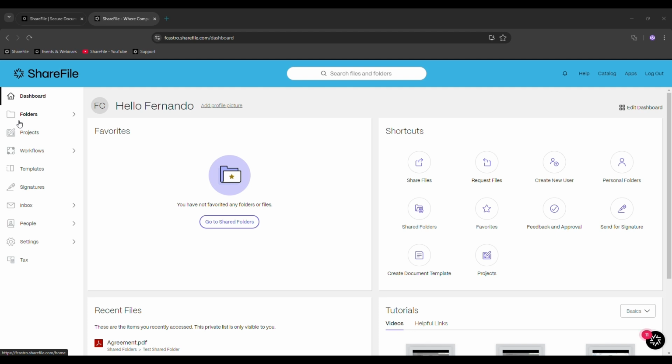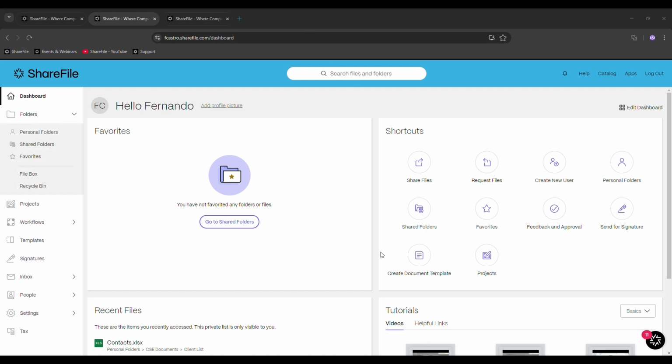So if you want to know what your current ShareFile plan is, and whether or not you should have access to any of these options, you can always contact your administrator, or you could also contact your customer success engineer to get more details about that. So today I'm going to focus on these sections that are pretty much visible to all users, regardless of the plan that you're part of. Those sections are folders, the inbox section, and people section. Okay, so let's get started with folders.